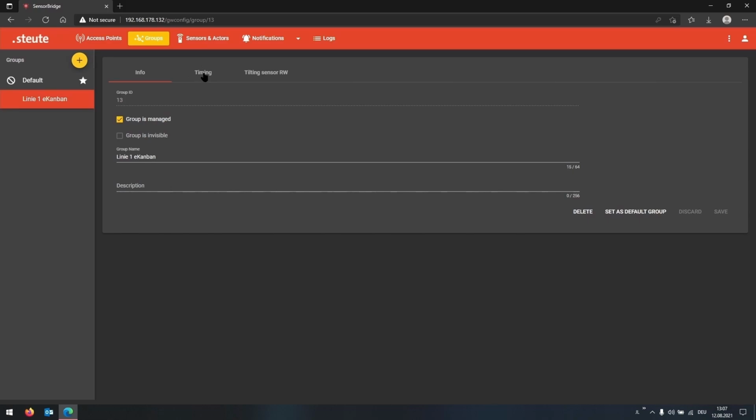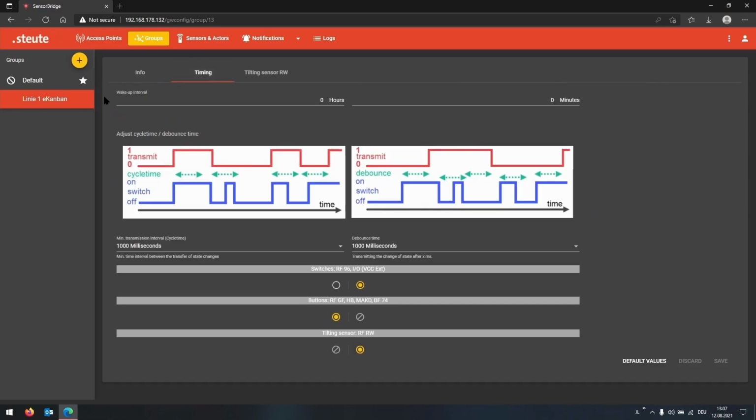With the second tab, Timing, I can set the timings of the sensors. The first step is a wake-up interval. That means a preset wake-up interval tells every sensor within the group how often it must communicate with the system. If I now set this interval to, for example, 15 minutes, then each sensor will transmit a wake-up to the system at the latest after 15 minutes,